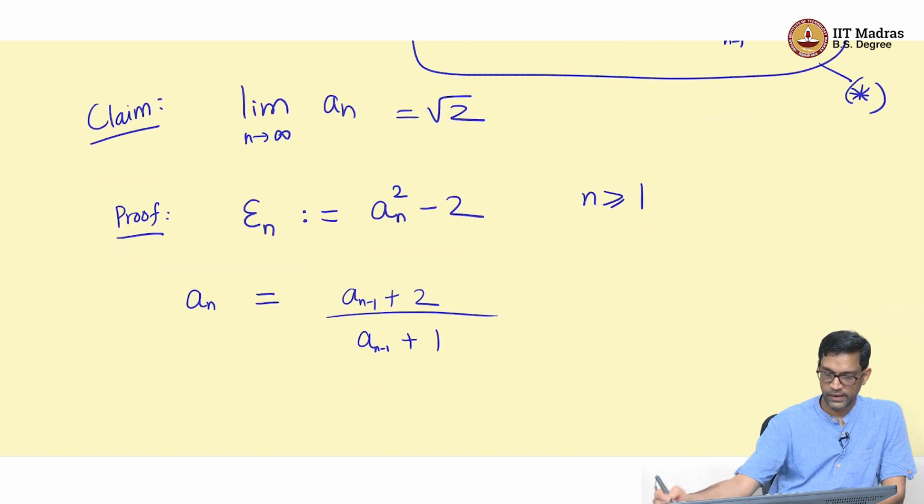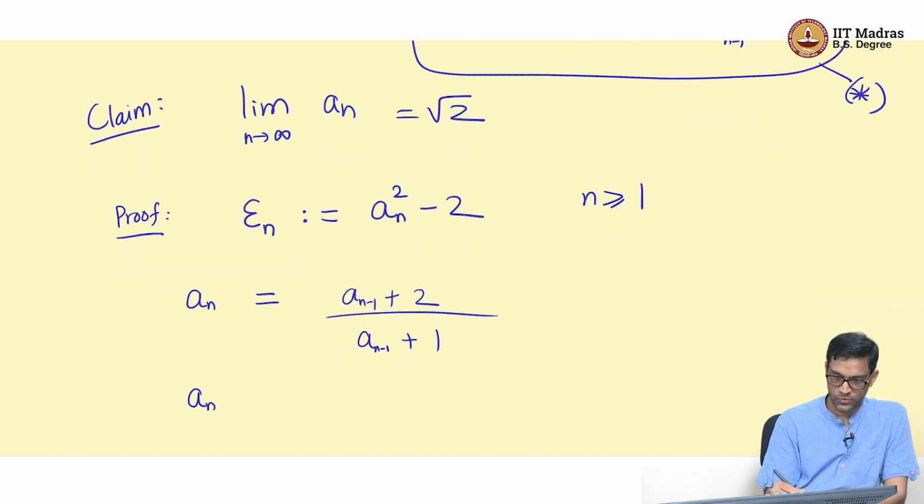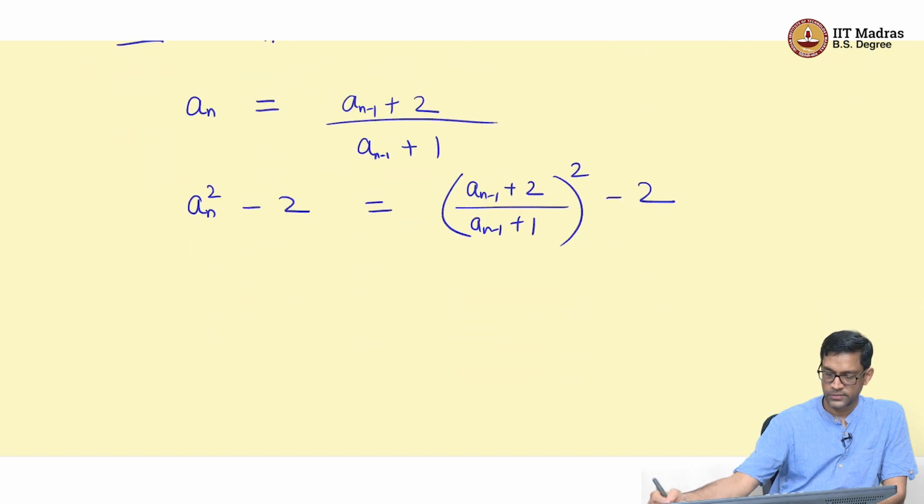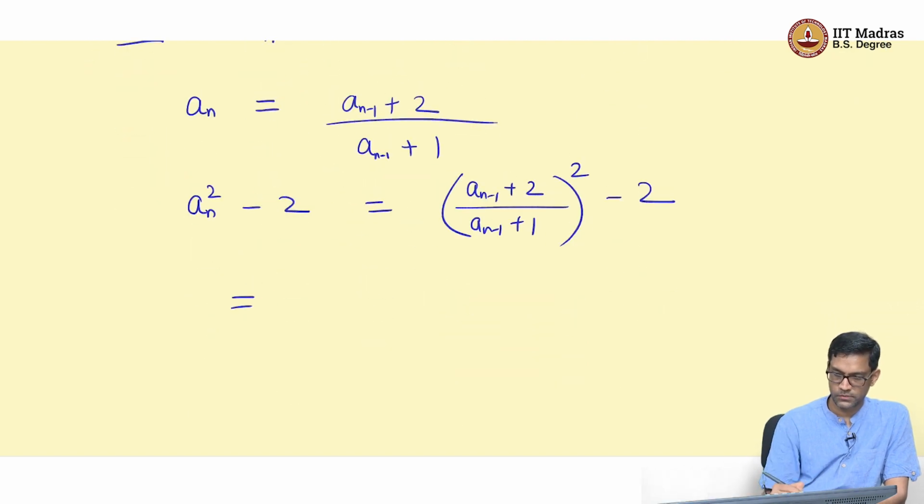Okay, so now I will use this expression. So what is a_n squared minus 2? It is just the square of this guy minus 2, and so now it's just a calculation. We just use the formula for (a + b) the whole squared on top. So this just turns out to be